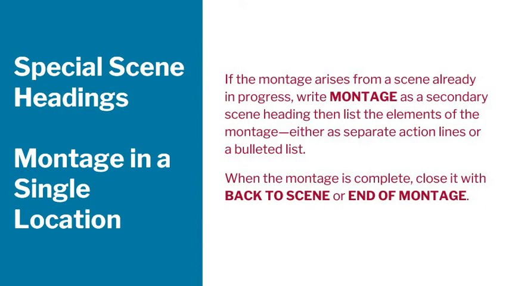If the montage arises from a scene already in progress, write montage as a secondary scene heading, then list the elements of the montage, either as separate action lines or a bulleted list. When the montage is complete, close it with back to scene or end of montage, again written as a secondary